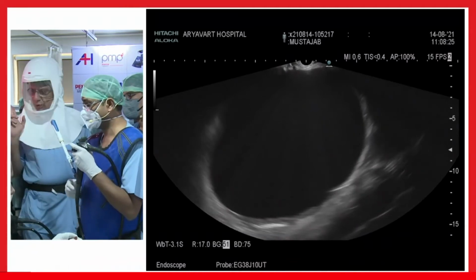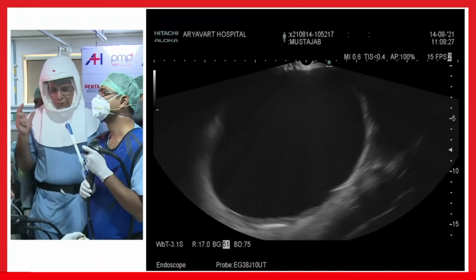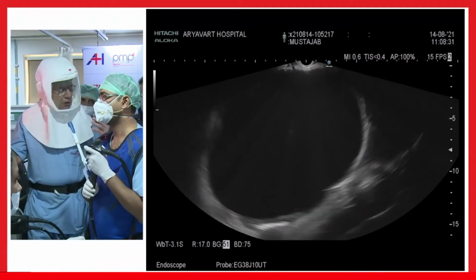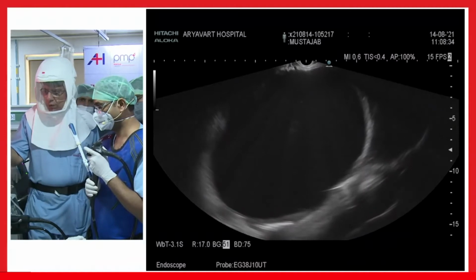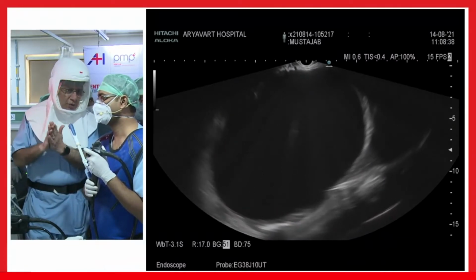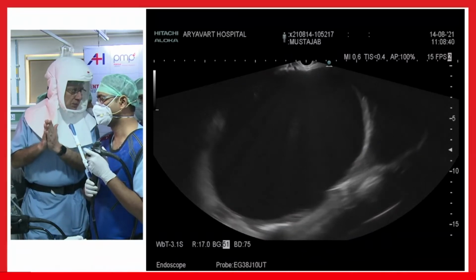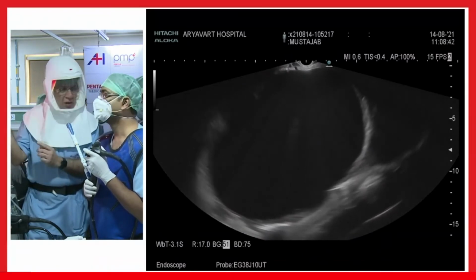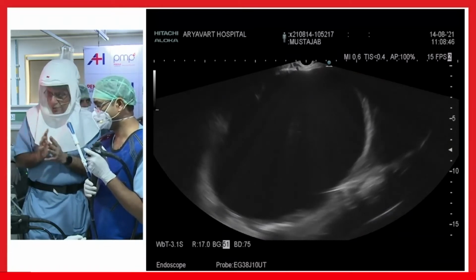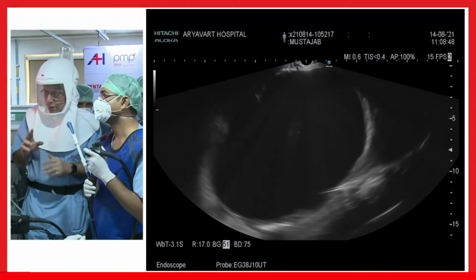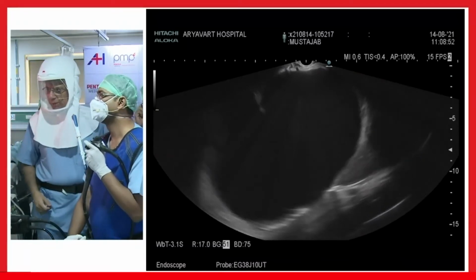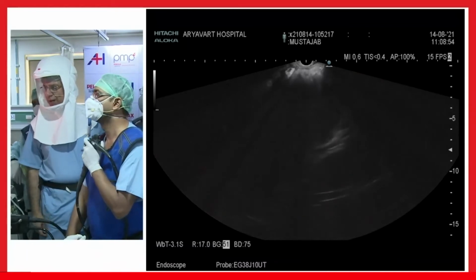I have one request, Dr. Deepak. We must tell the audience what can go wrong. One of the things that can go wrong is that you can puncture at approximately the level of the diaphragm and be in the esophagus, since we are having a view of endoscopy now. So I personally have one trick: at this place, before I puncture, I will rotate the scope the whole way and see where exactly the diaphragm is.